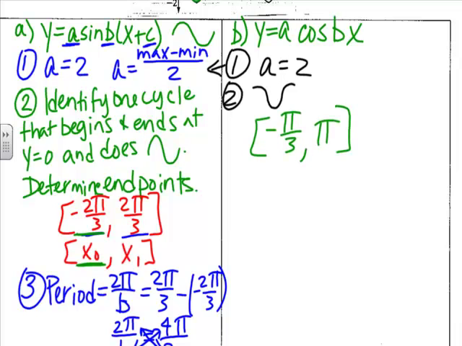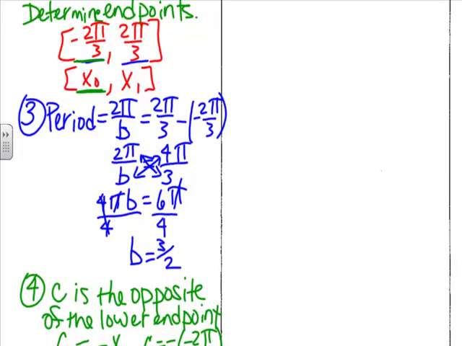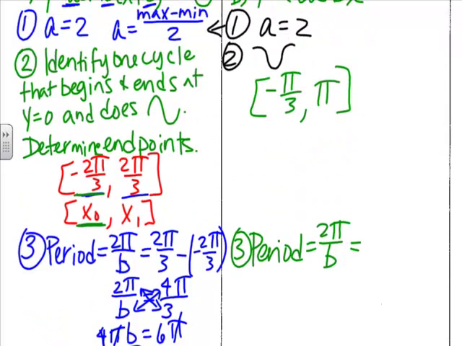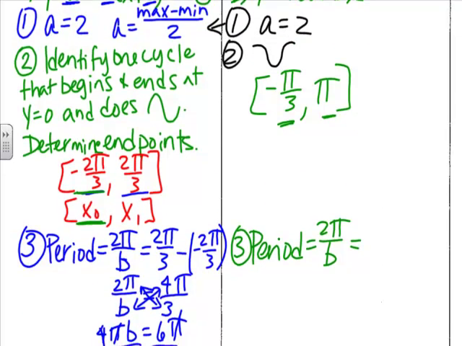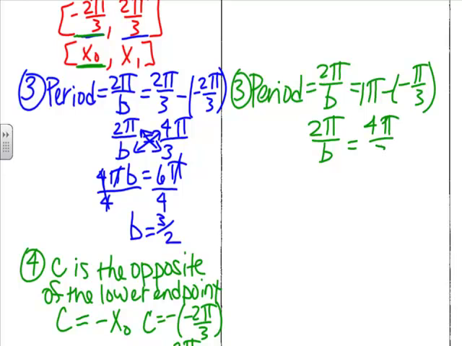Okay, I'm going to step through all the same process here again. So now I'm going to figure out what the period is, same way I did on the other one. So the period is equal to 2 pi over b, and remember that's just the length of one cycle, so it's going to be the right endpoint minus the left endpoint because that's a distance. So I have pi minus negative pi over 3, and if you don't like fractions, use your calc, put a 1 in plus a third. Okay, so that means 2 pi over b is equal to 4 pi over 3, and